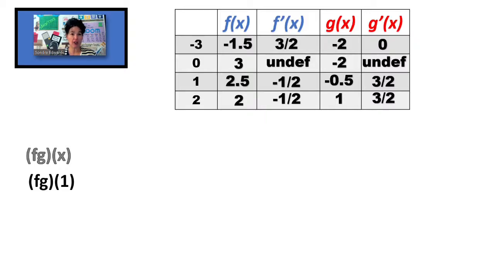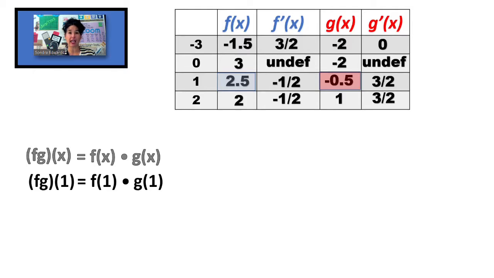Now, I don't care for the notation f times g of x. That really means f of x multiplied by g of x. So in other words, we're just going to substitute 1 in there for x. So our answer is going to be f of 1 multiplied by g of 1. Looking up in the table, because we already found the heights of the f function and g function at 1, we had 2.5 and -0.5. So I'm going to pop those in there. And when I multiply, we end up getting